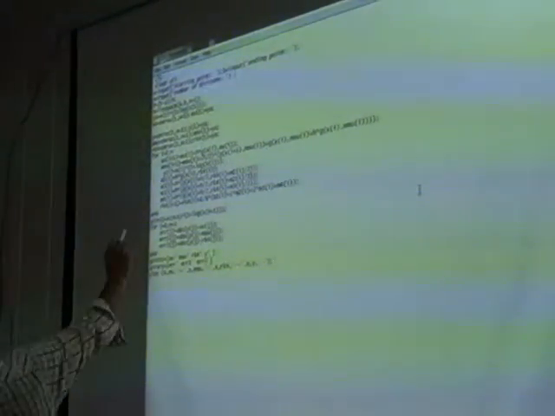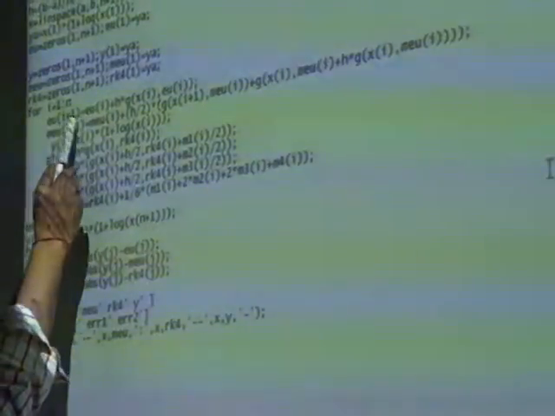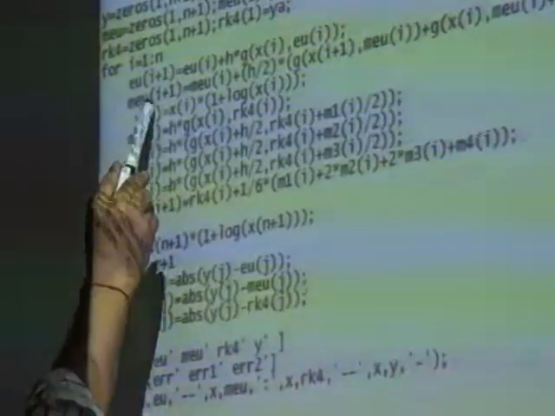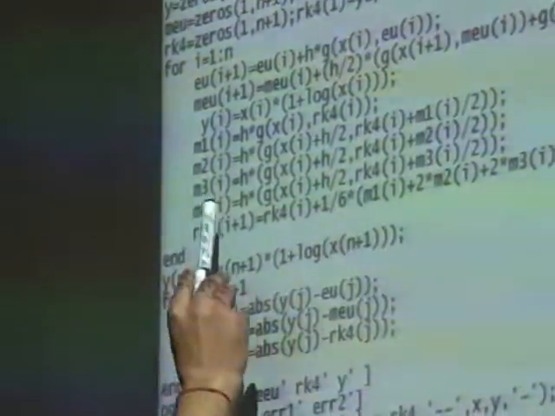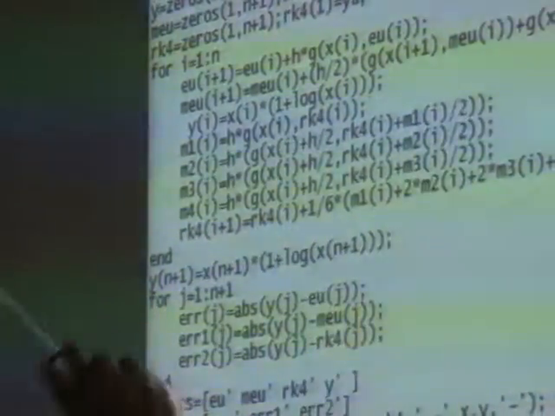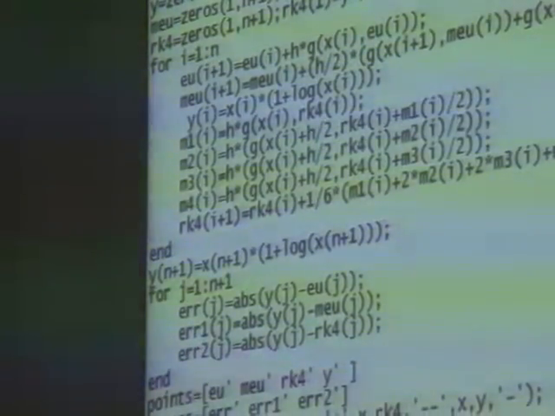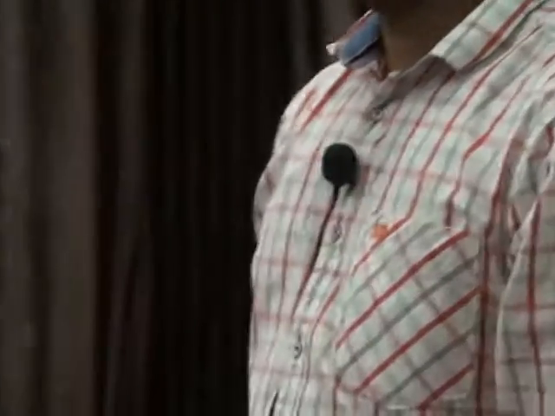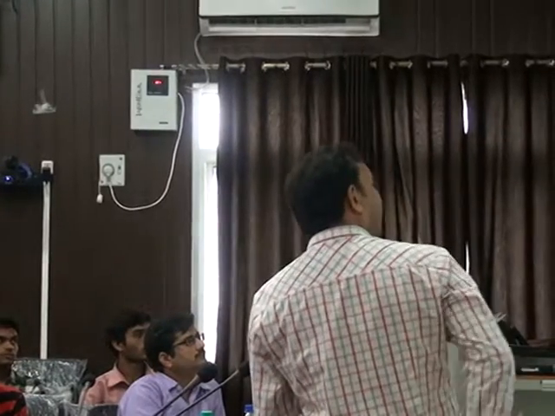So this will give you the Euler method. EU is for Euler, EU(i+1), EU(1) equal to 0. Correct? You get the answer. This is what your modified Euler scheme is. This is your RK4 method. Everything is here. In one program you can write everything and get the answer. It is very easy. The only difficult part is the syntax, nothing else. And then if you want, you can graph it and you can compute the error also.